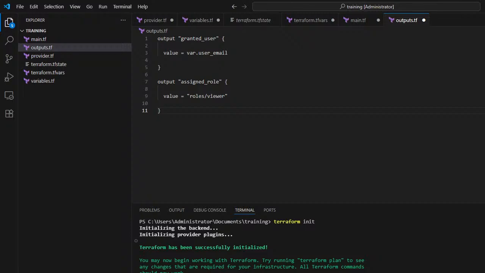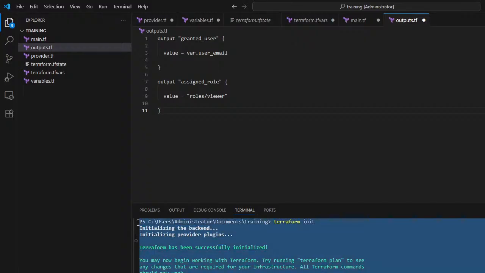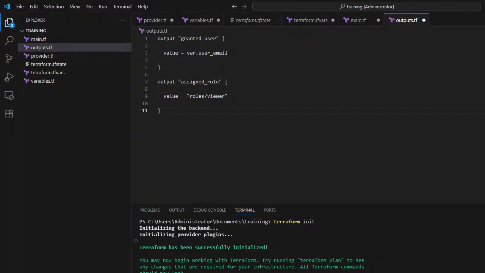Okay. Now the next one is terraform plan. What is terraform plan? Terraform plan is like a simulation. It will tell what kind of resources you are creating and how many resources are getting created. So now it says I don't have any changes. Why? Because